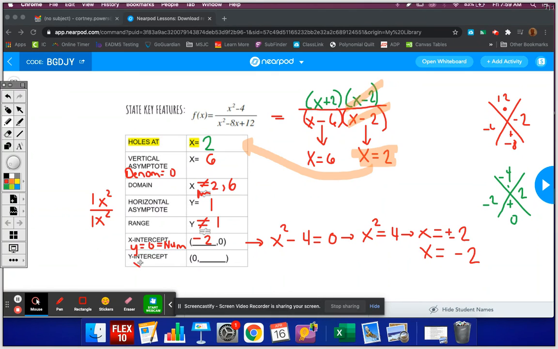+2 is an extraneous solution because it's not even in my domain. And then lastly, the y-intercept, usually the quick one to find, just because we're plugging in 0 wherever we see x. There's a lot of x's in this problem, so I'm going to plug in: y equals 0 squared minus 4, and then on the denominator, 0 squared minus 8 times 0 plus 12. And then we just simplify. 0 squared minus